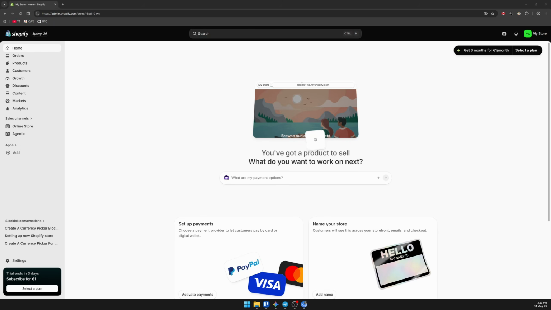How to fix compare at price not showing on Shopify. Adding a compare at price to show a discount or sale badge is one of the easiest ways to boost buyer urgency on Shopify. But if you type in a sale price and the strike-through line or discount badge completely fails to show up on your storefront, it usually comes down to 3 common settings glitches that we will fix